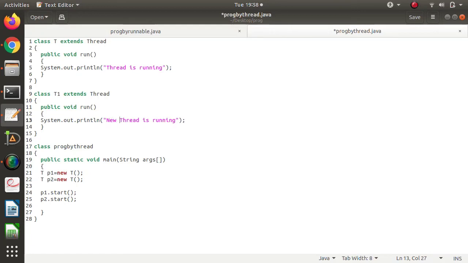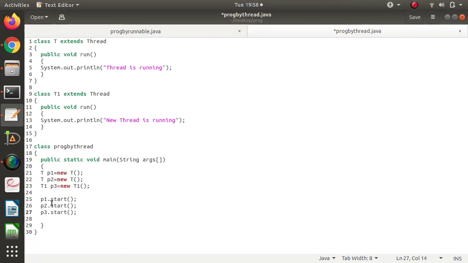Here I am writing new thread is running. In the same way we will create one object of T1, P3 = new T1. Now we'll call the start method by using this object.